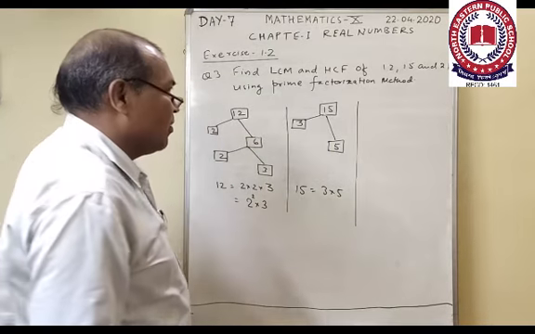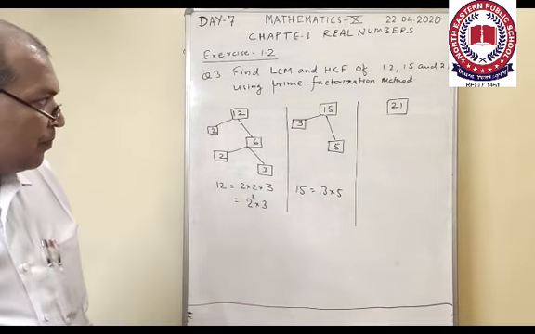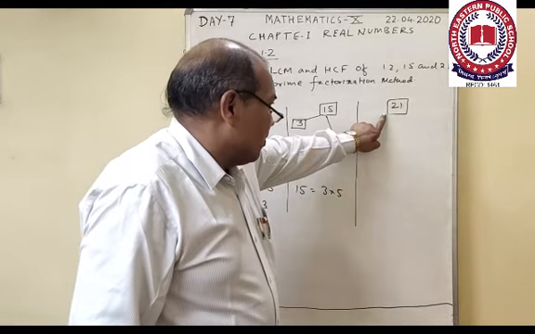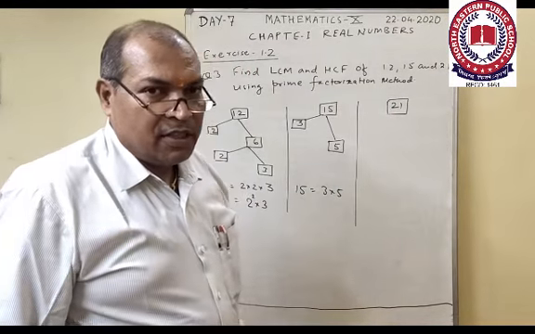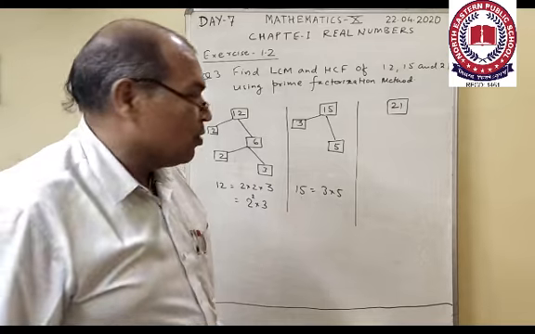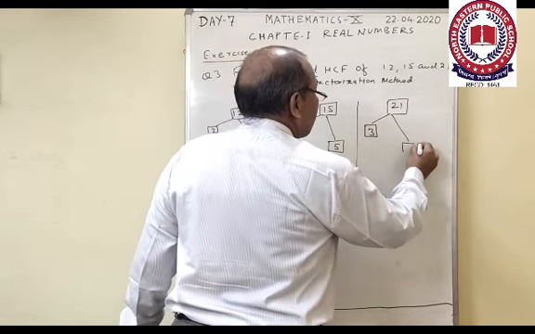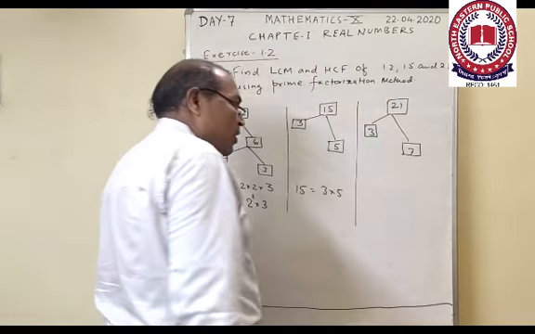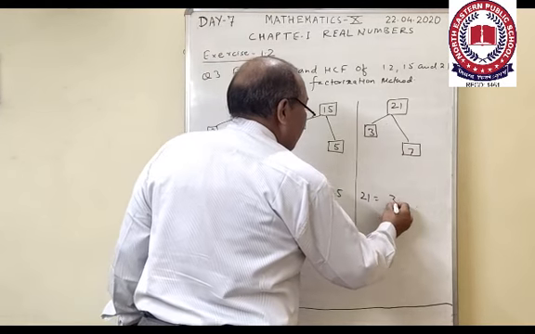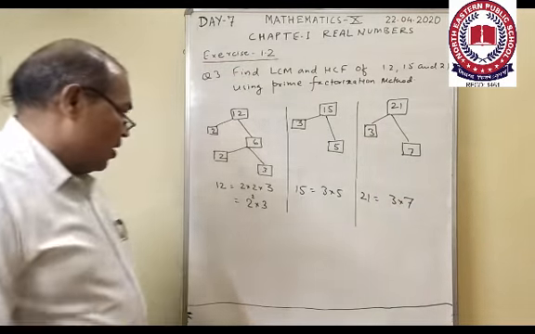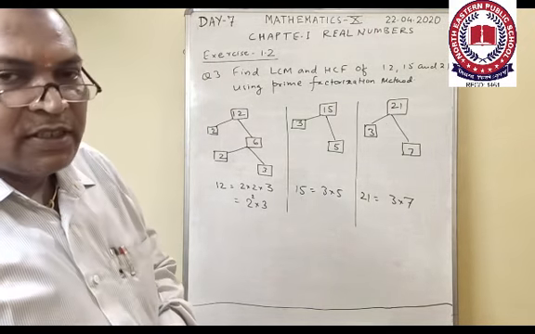Next, the number given is 21. 21 is also divisible by 3, by the sum of the digits. It's an odd number, and the sum of the digits is 3, which is divisible by 3. So its first factor is 3, which divides 21 7 times, and 7 is itself a prime number, and hence the factors of 21 are 3 and 7. So first we write the factors of the given positive integers.